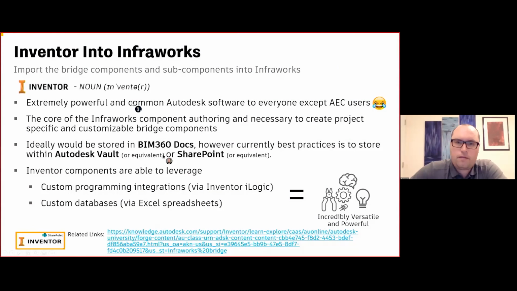So once you have the corridor set up, the way InfraWorks is going to work is it's going to use that to drive a bunch of models. And the models it creates are originated in Inventor. Most people in the AEC world have never heard of Inventor, and it's just some foreign software. Why don't I just use Google SketchUp? But it is a very, very powerful software, arguably way better than Revit for capabilities. And if you don't know Inventor, you should just feel sorry for yourself because you're so missing out on this.